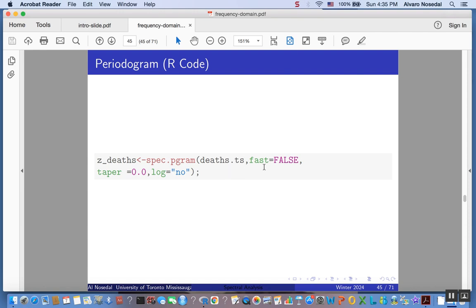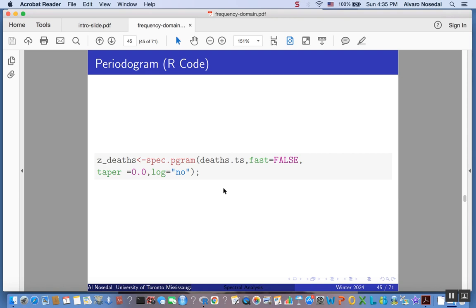Then this argument, fast equals false, is letting this function know that we don't want to use the fast Fourier transform to find it. Remember that this function can find you a smoothed version of the raw periodogram, but what we want is the raw